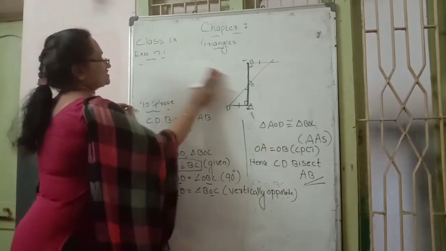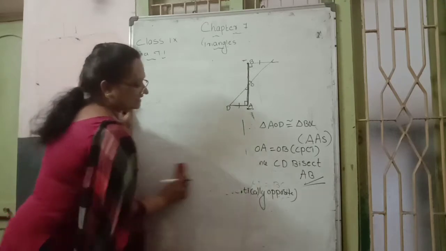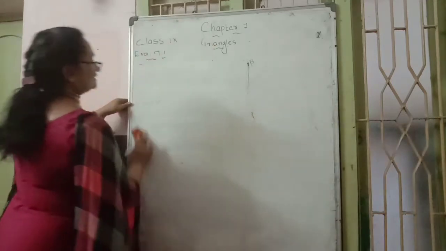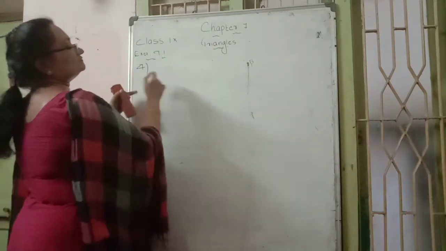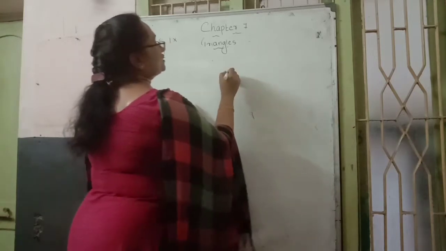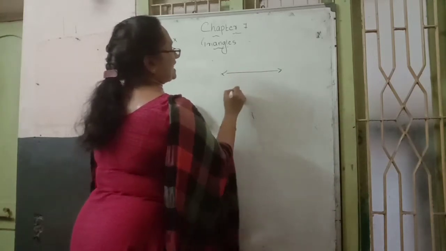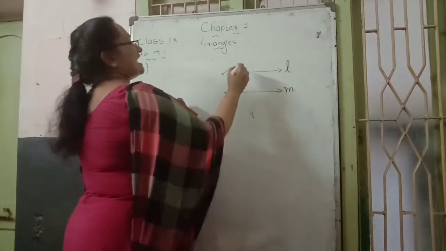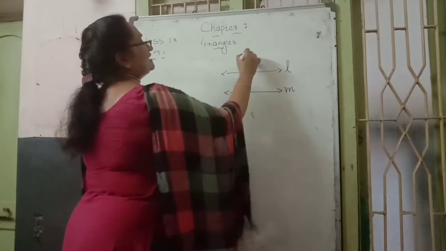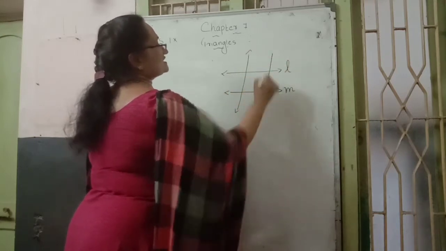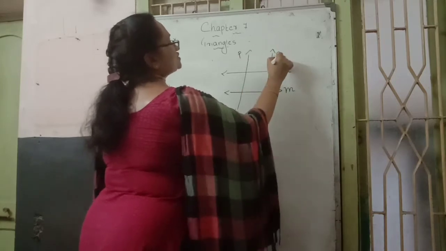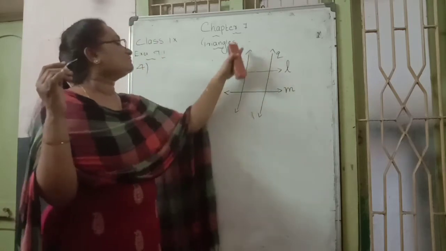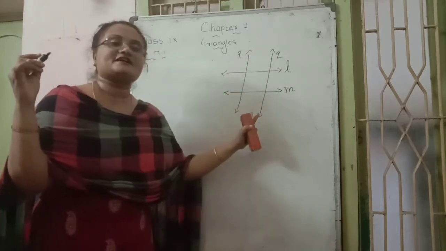Then next, the fourth question. In the fourth question, again another diagram is there. In that diagram, they have given it this way. The diagram has two parallel lines, named L and M. Another two parallel lines are there, one is P, another is Q. So horizontally two parallel lines are there, L and M. Vertically two parallel lines are there, P and Q.